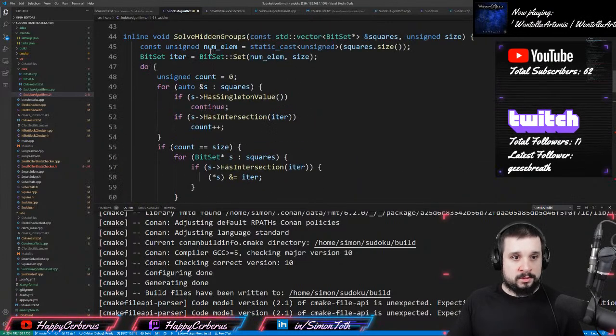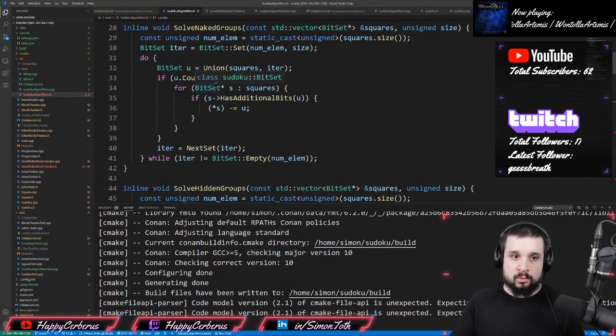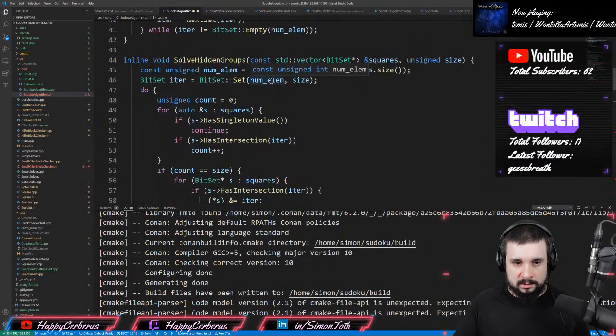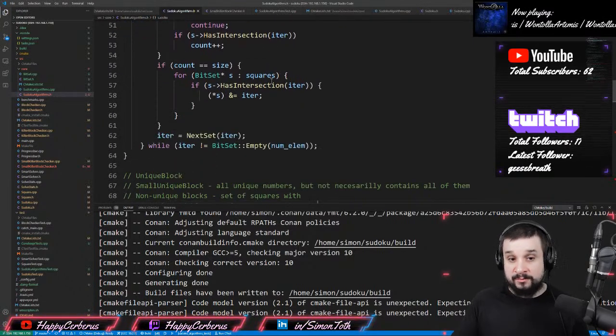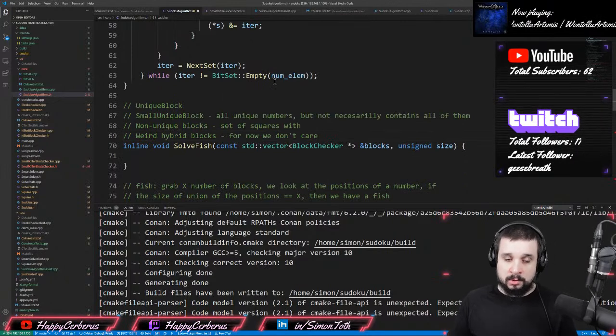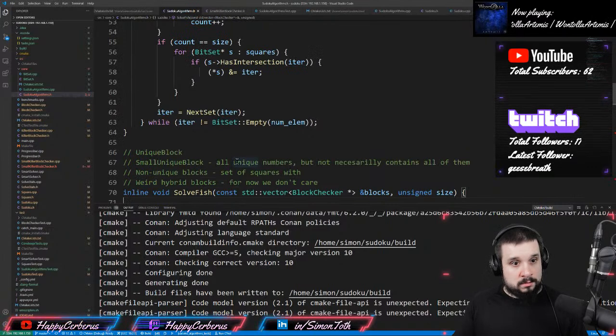Because this is important for some of the solving techniques, because some of the solving techniques do rely on the fact that all the numbers have to be present in the block. Some of them don't. So for those it's fine, you can even run them on the smaller blocks, but there are definitely techniques that require you to have all the numbers in the block, otherwise they just don't work, because that's how they force specific numbers. So yep,